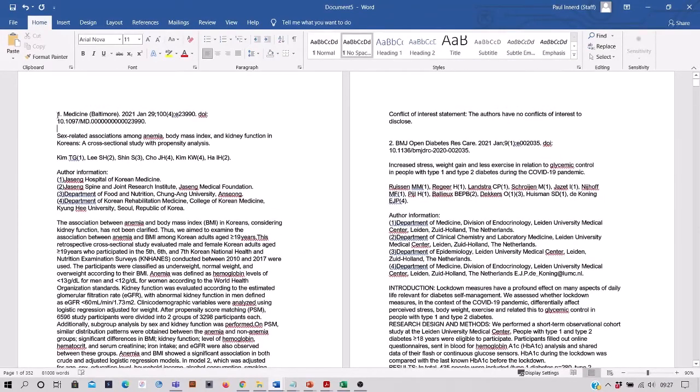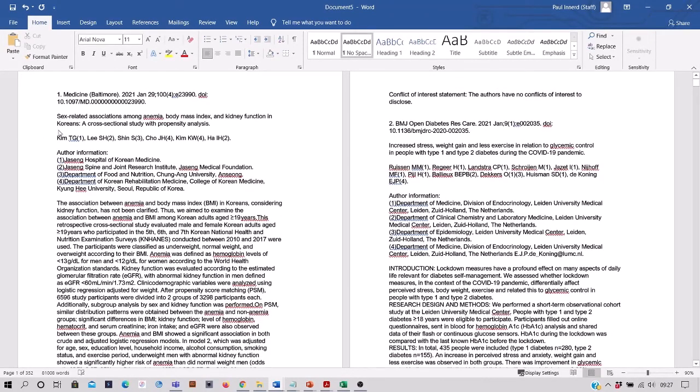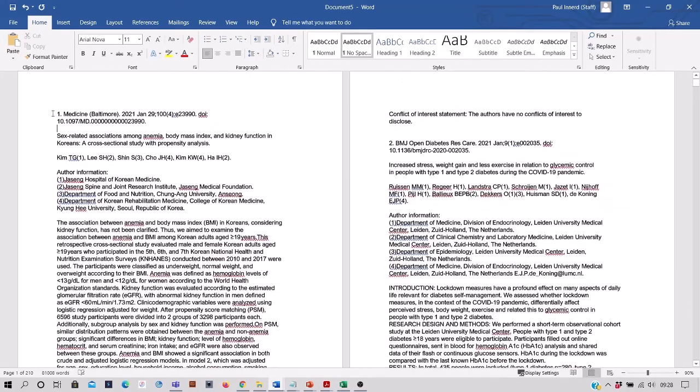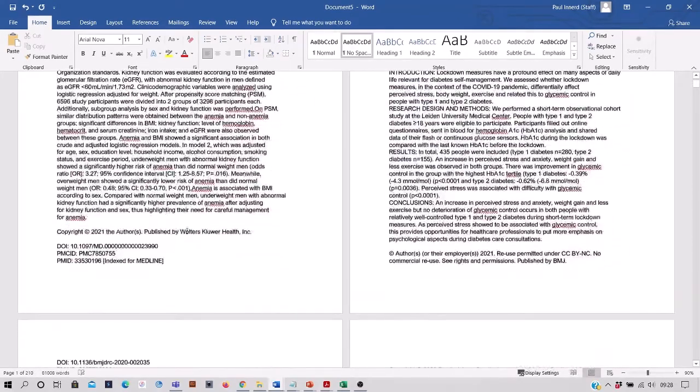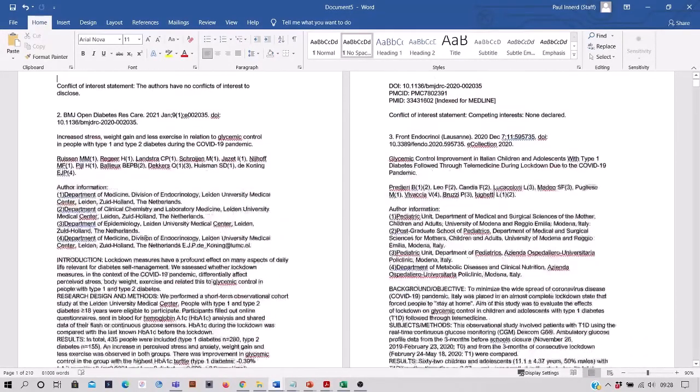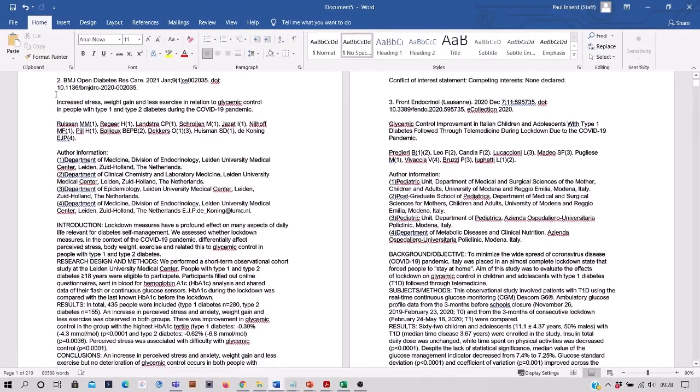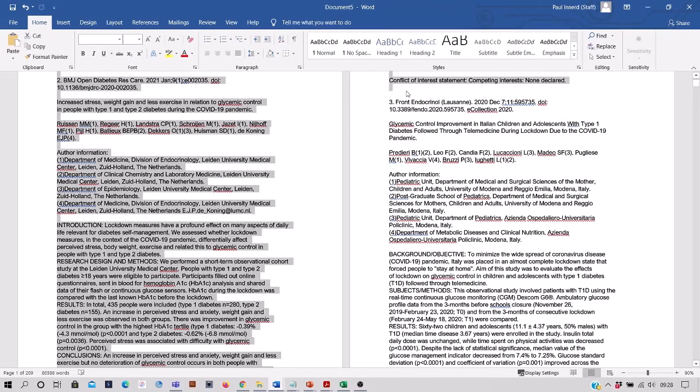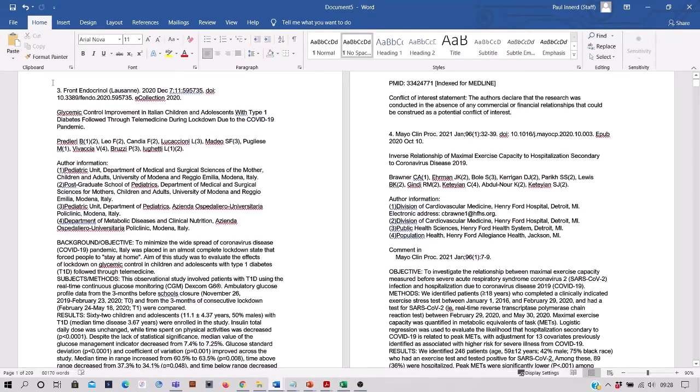So let's just do a few. Sex-related associations among anemia, body mass index and kidney function, cross-sectional. So not interested in people with anemia. So straight away we can get rid of that one. This one in the BMJ Open Diabetes: weight gain, people with diabetes. Okay, not interested in that one